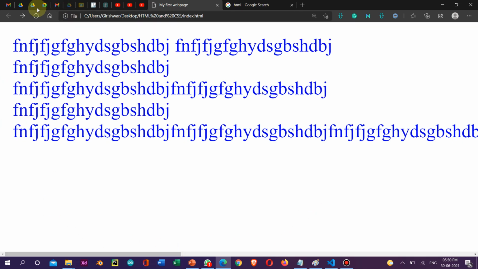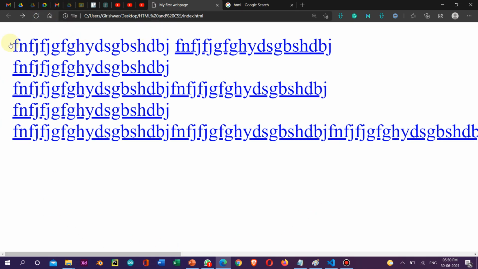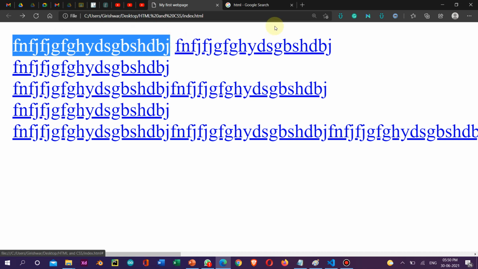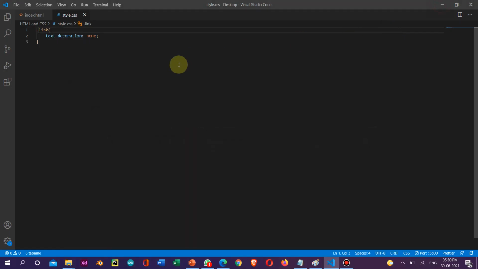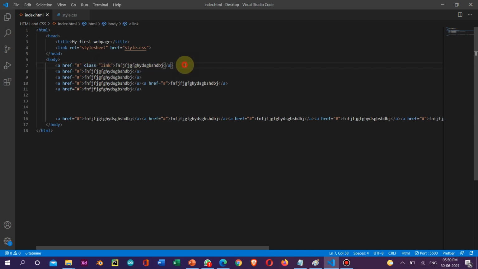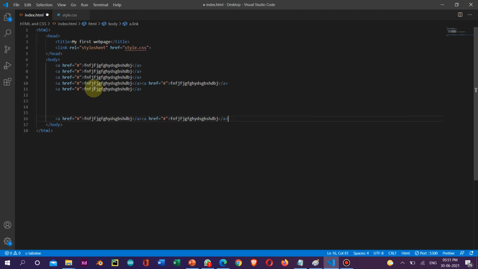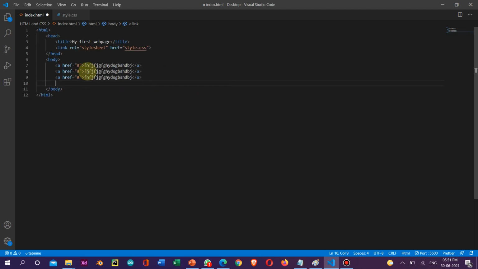That is because you're calling only that. You can see this is not underlined because you are calling only this. You are not calling everything. In this case, if you want to give a class for 1 2 3 4 5 6 and going on, 10 times, you have to type this code, and it will be very time consuming. So you can use this selector instead of putting this class,